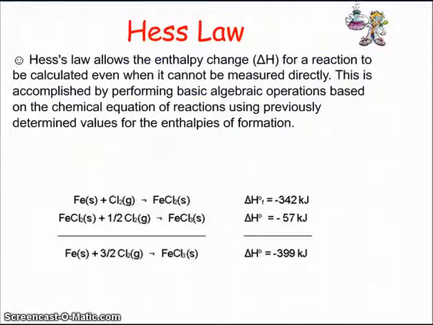Here's another example where adding 2 chemical reactions equals a third. So I see this chemical as a reactant and as a product, so it cancels out, leaving behind Fe. These 2 chemicals are both found on the reactant side, so they add up to 3/2 or 1.5, and then the product. Adding these enthalpies,